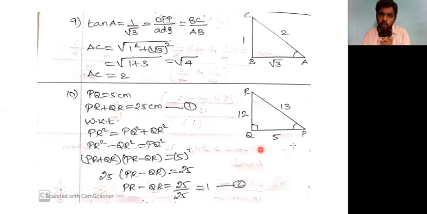So now we know all the three sides of the triangle. We can find sine P, cos P, and tan P. The thing is, angle P is here. Therefore, this is opposite, this is adjacent, this is hypotenuse. Be careful on what angle is being chosen. If angle R is chosen, this will be opposite, this will be adjacent. Anyways, this will be the hypotenuse.